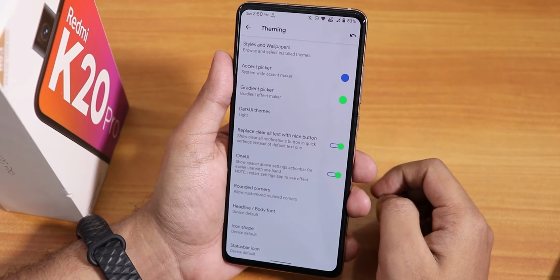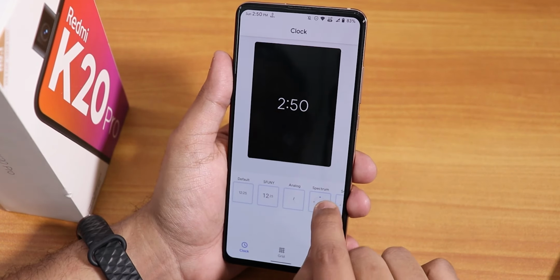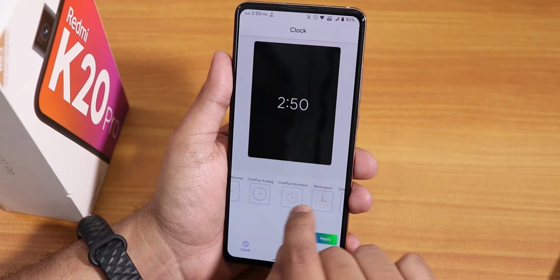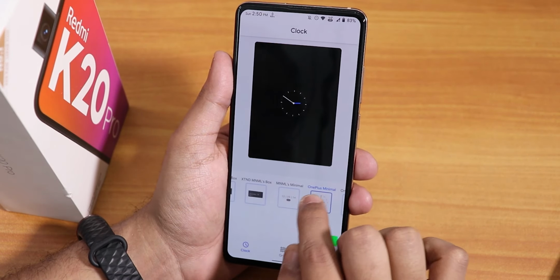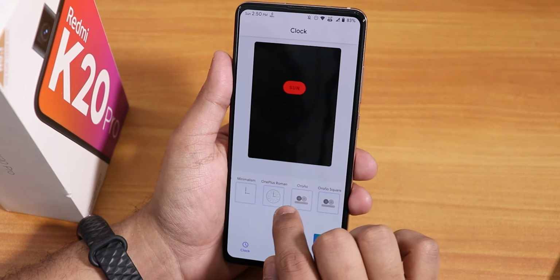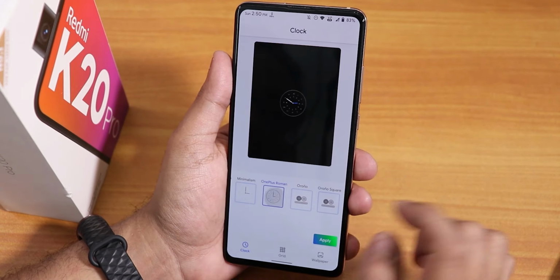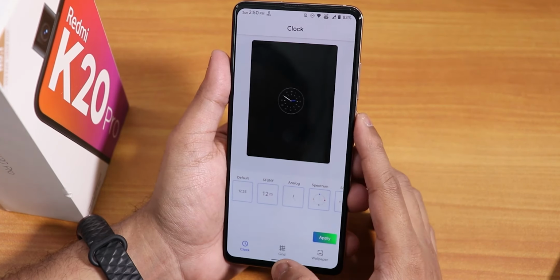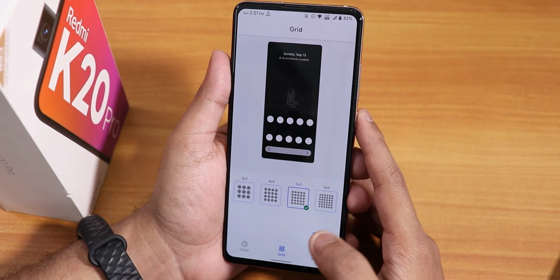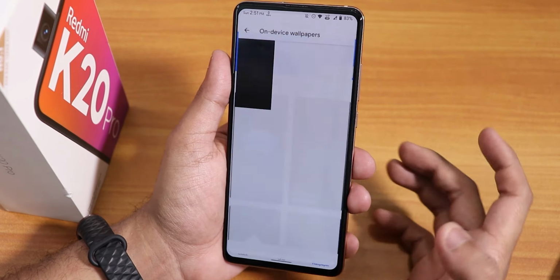And here inside themes we have the styles and wallpapers, and you can change this preset to anything else, like these kind of clocks over here. They do look really awesome. These are the presets for lock screen clocks, and you can change this. So this is very cool, I would say. You can of course apply them if you want to. And you can customize the grid size and wallpapers of course from here.